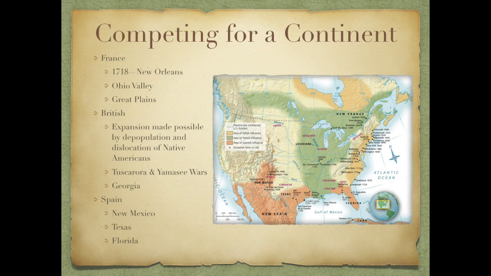So, after about a generation of warfare, Europe returned to peace in 1713, which only heightened the imperial ambitions of the three big European powers, Britain, France, and Spain. France was hoping to increase its hold on the Mississippi Valley, and by doing so, to also limit Spain's expansive capabilities as well as Britain's.